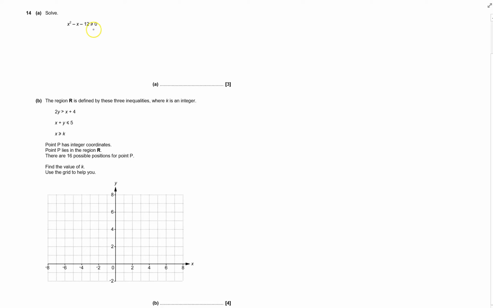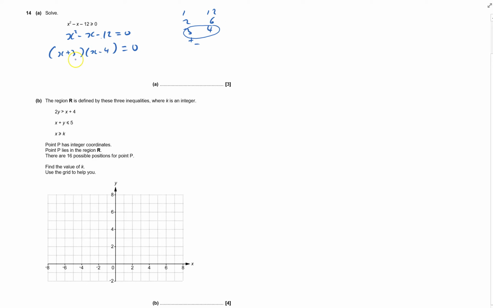Okay, I've got to solve a quadratic inequality. What I'm going to do is to solve it, find out when it equals 0, and then use a graph to help me. This looks like it's going to factorise, and to get 12, it's got to be 1 and 12, 2 and 6, 3 and 4. It's negative 12, so one's positive and one's negative. We want to have minus x, so it's obviously going to be 4 and 3, and it's the minus 4